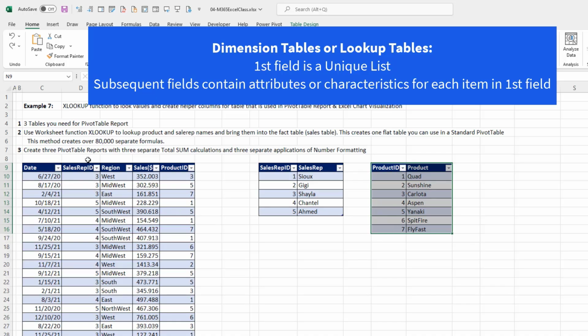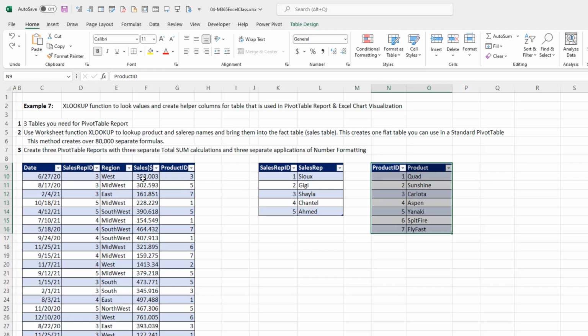Over here in the sales rep ID column, we have many repeats, 3, 3, 3, 5, 5, and so on. But for a particular row, when the lookup formula is going to look up 3 and try and find a match, if there were duplicates, it wouldn't know which one to bring back. So dimension or lookup tables always have a unique list in the first column. And then